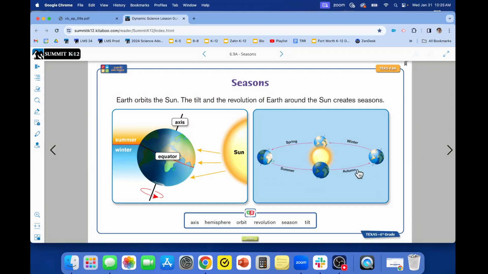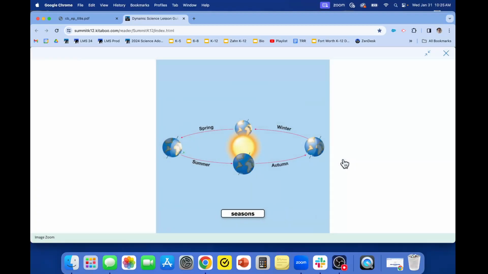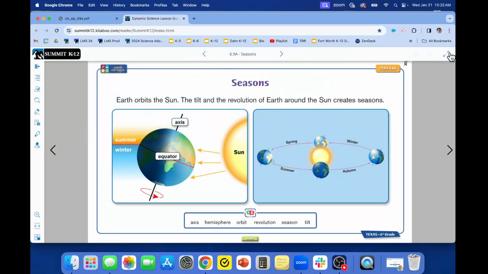If I want to focus on the change of seasons as the Earth revolves around the sun, I can click on this image and I just have this image. I could use this for so many things. I could pull this up and have a student come up and explain it. I can have it as a bell ringer. I can also use